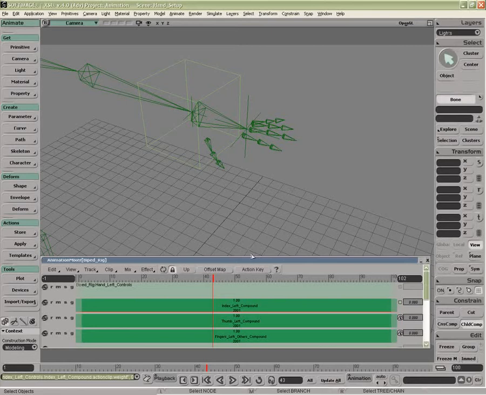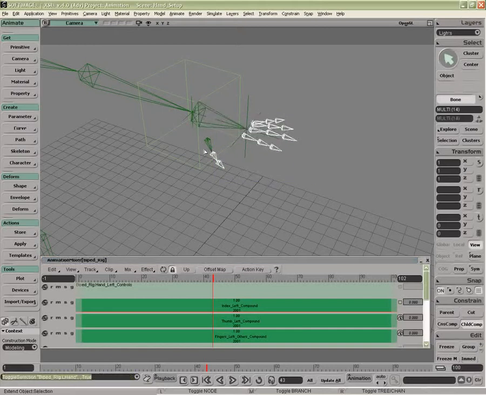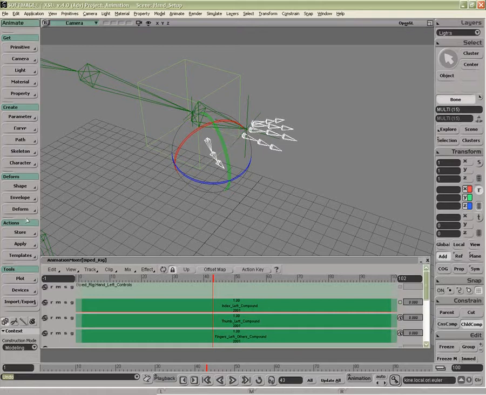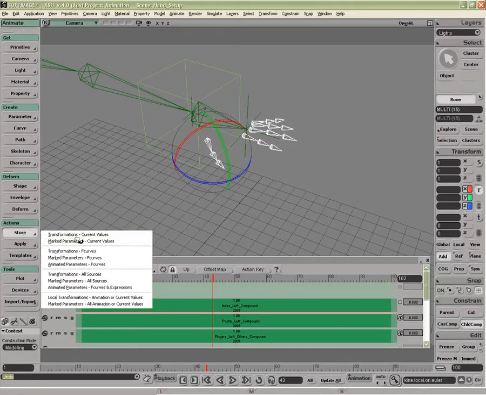We're going to look at doing control setups using the mixer. I've just switched into a bone selection filter here, and I'm going to use these, rotating in Z, just to get a grip motion. First of all, I want to have this hand flat, so I'm going to store the marked parameters and the